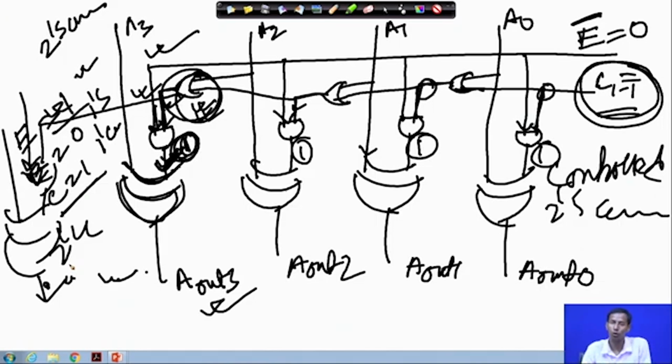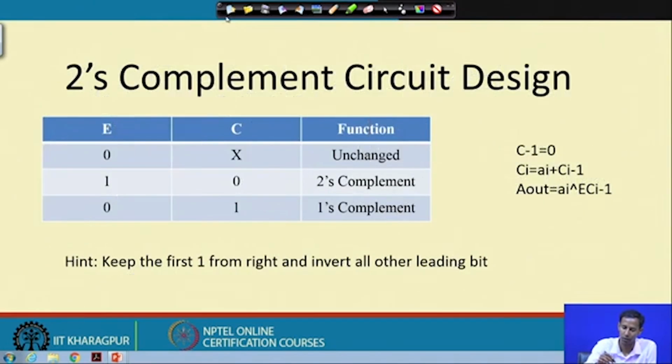So, this is for the controlled 2's complement circuit implementation. Okay. So, then next we will see another example. Let us go back to the slide. Okay. So, then next what we will do,